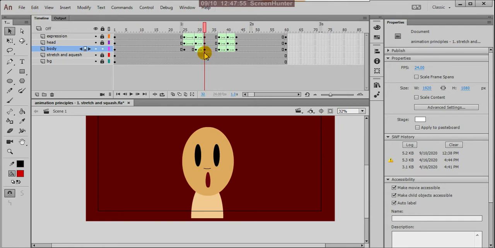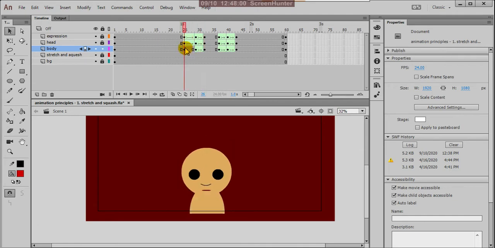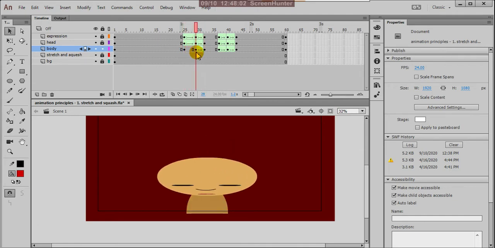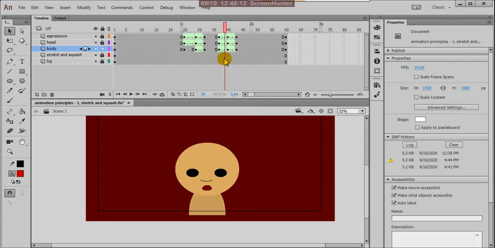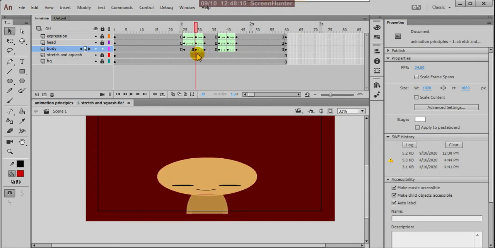To raise, to stretch his head to notice something, he must take the anticipation. Anticipation is what? Preparation for the action. This is the action; for that you are taking anticipation. In anticipation we are getting squashiness. Okay, so in squashiness your eyes must be closed. So we did that.